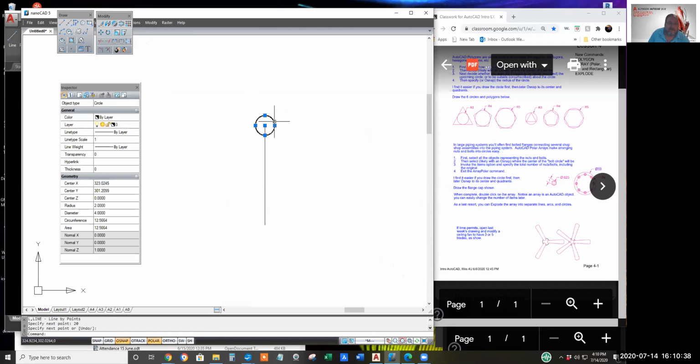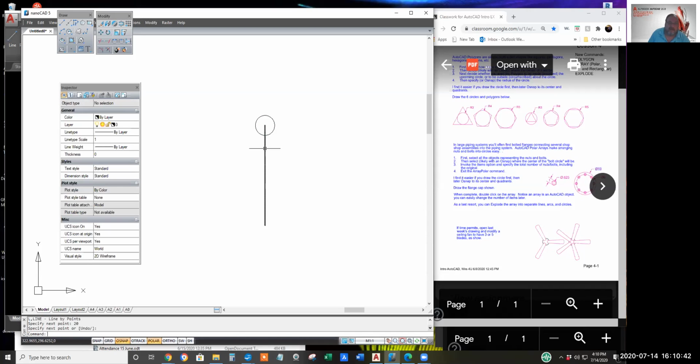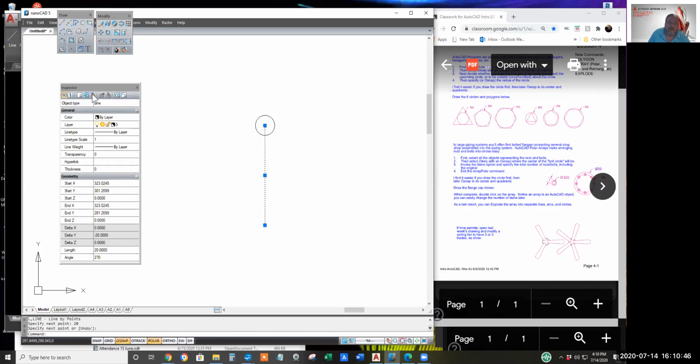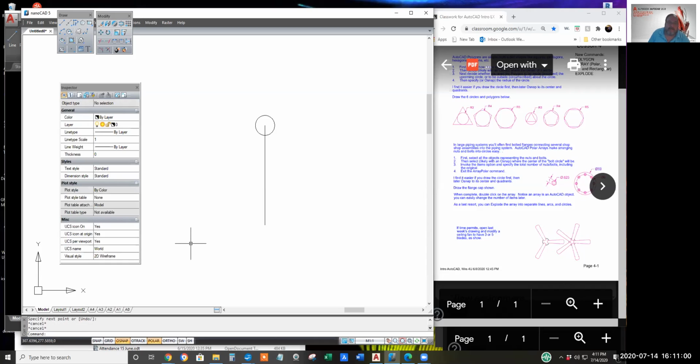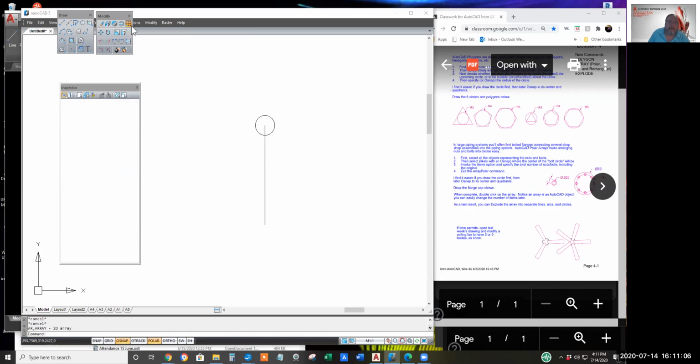So this is a 2 unit radius circle. Hit escape to deselect. Click on the line, and properties or inspectors shows you that it's 20 units straight down in the Y direction. Hit escape to deselect. Click array.